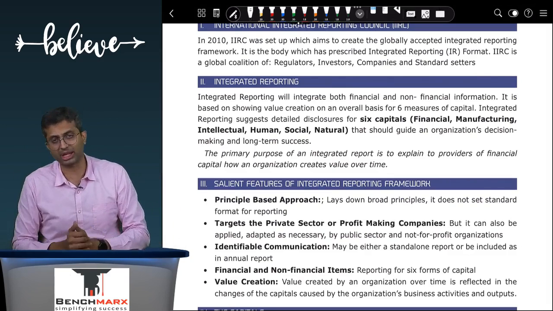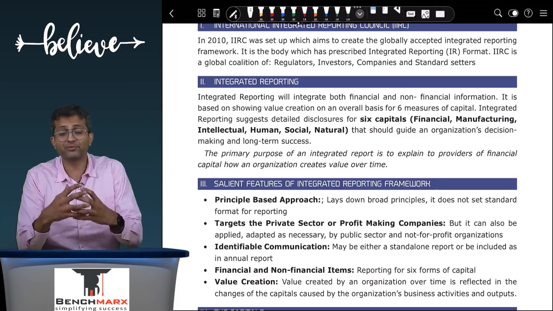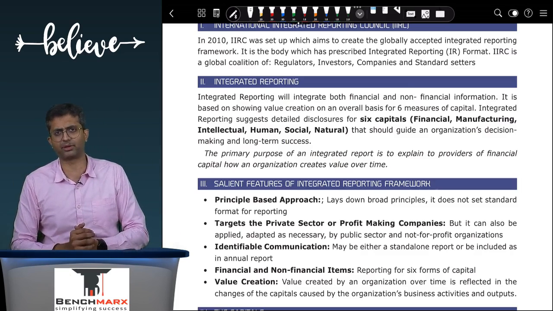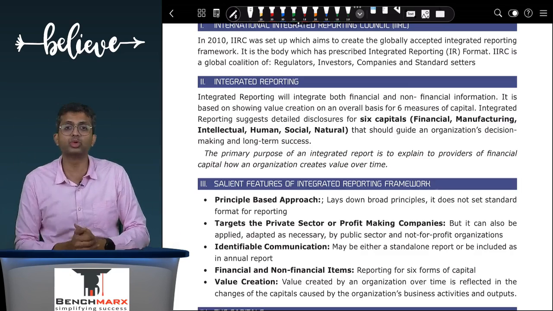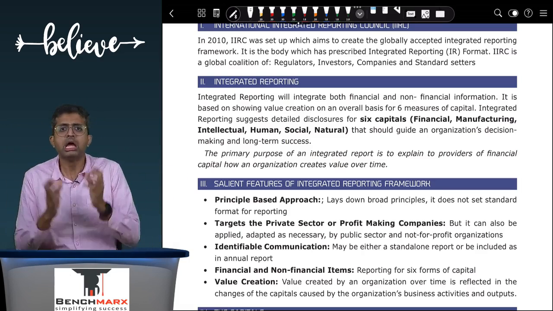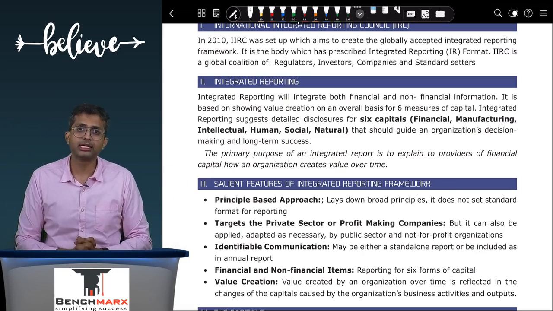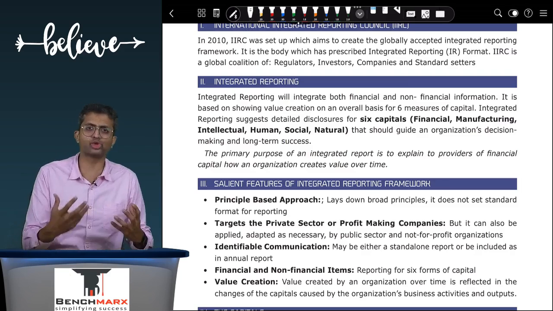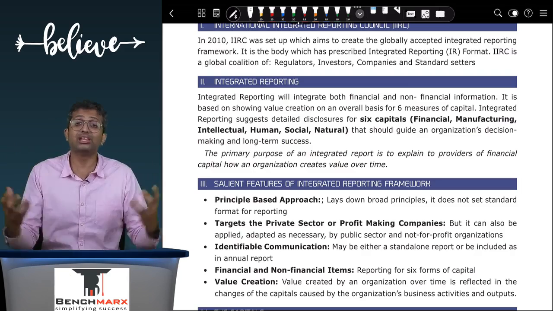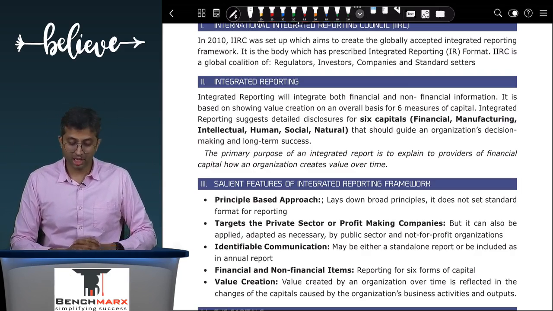Apart from that, manufacturing capital. So if you look at someone like Reliance, they will mention their physical assets, physical output, like how many barrels of oil they have manufactured, how many minutes of telecom usage has been generated through their network, how many stores and consumer points. So all of these are manufacturing or actual physical output. Third is intellectual capital. So how many patents have been registered, how many copyrights, how much intellectual innovation has been done can be suggested over here.